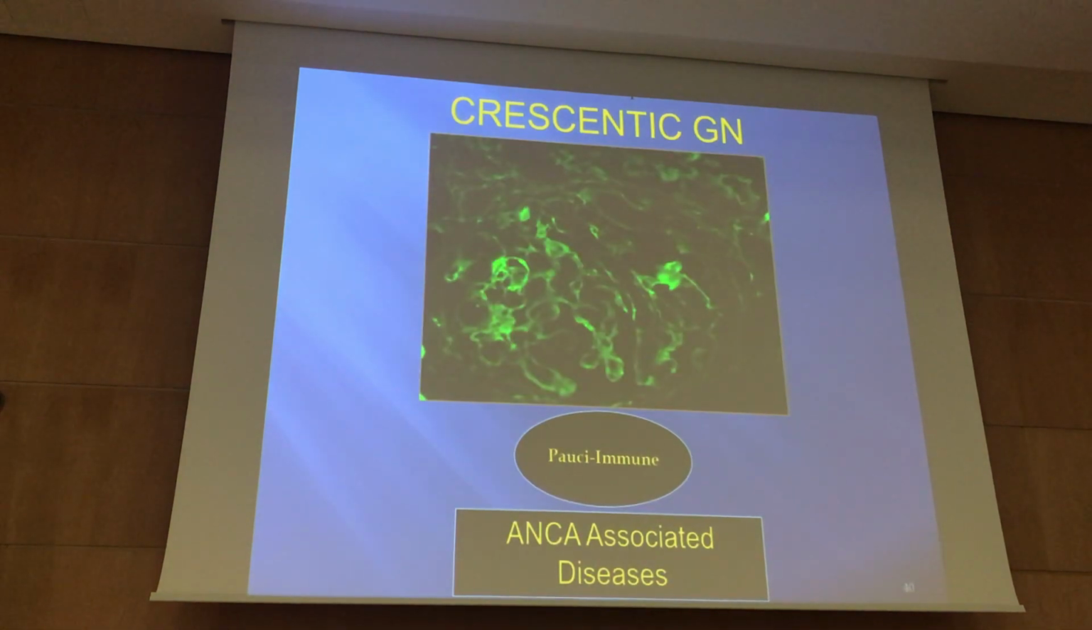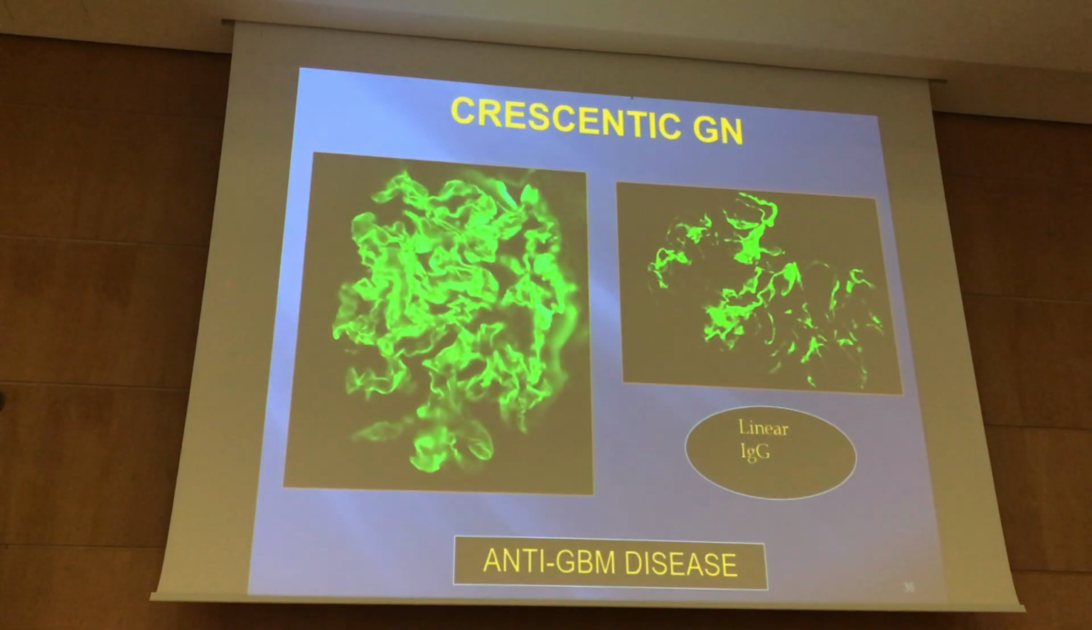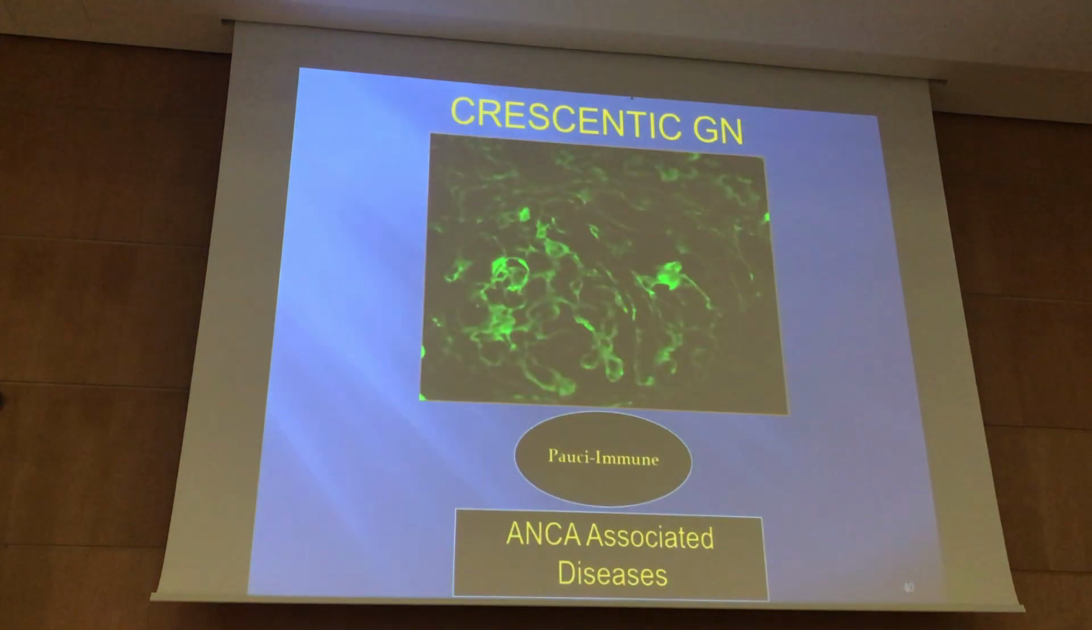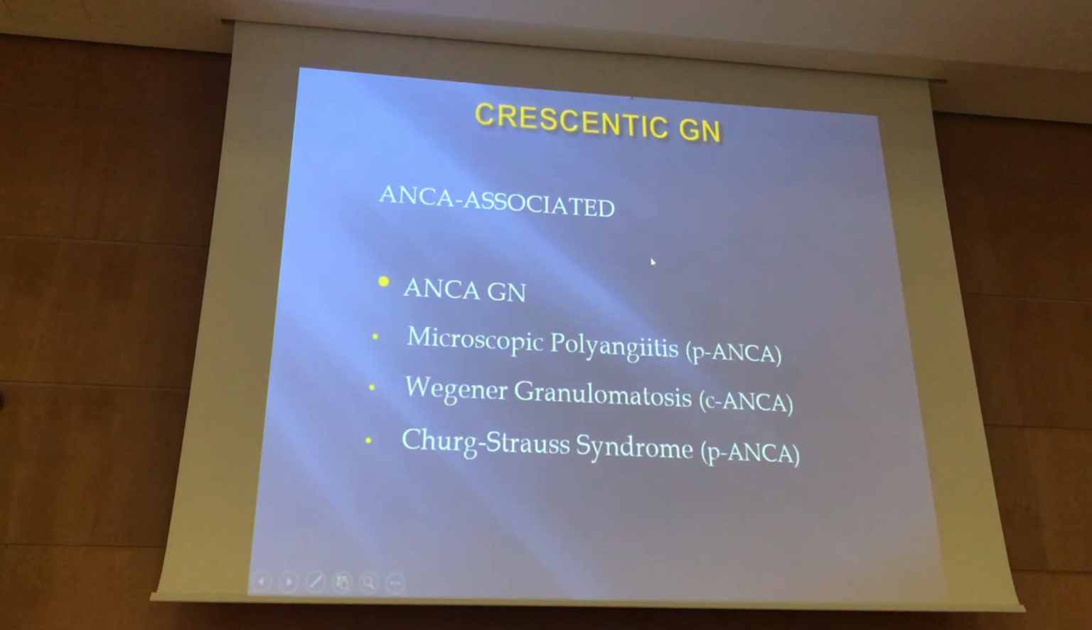Then we have pauci-immune, which is ANCA associated. You hardly see only this one shining. Otherwise, you will not see anything. You can compare this one with this one. Do you have any positivity? Hardly. No. So it is associated with 3, as we said: microscopic polyangiitis, which is P-ANCA, Wegener granulomatosis, which is C-ANCA, or